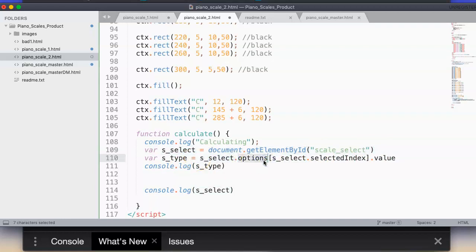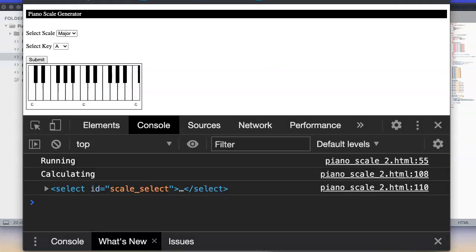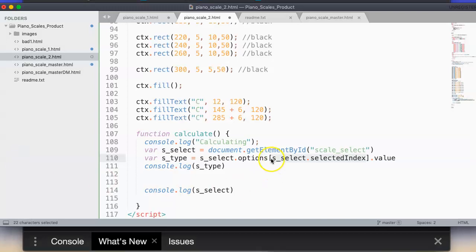And because this object is some predefined thing that all web developers know about, and then I select an index value. This is just like a list, because this select, if we take a look at it back on the page, it has a number of options. It is 2. So if I come back here, I'm going to say whatever the selected index is, and that just is a way of saying which selected is actively displayed on the screen,